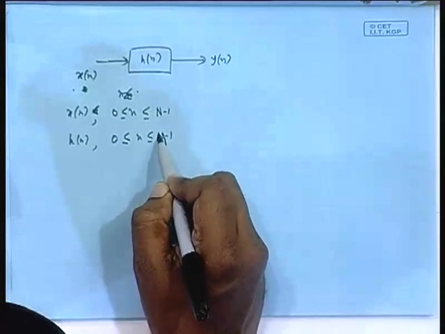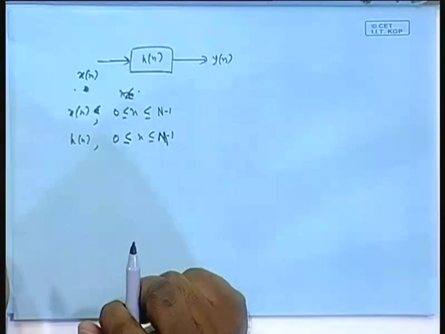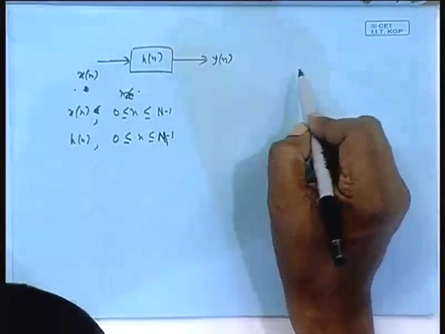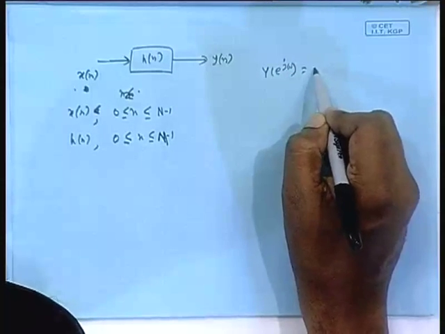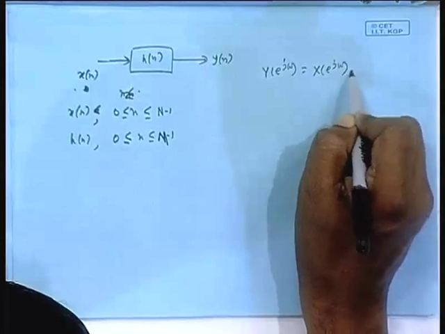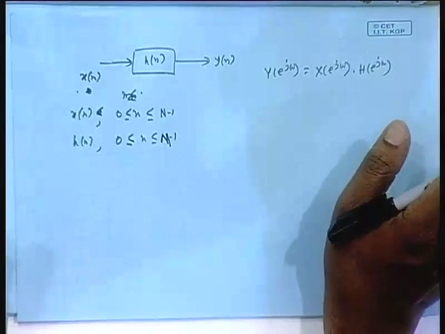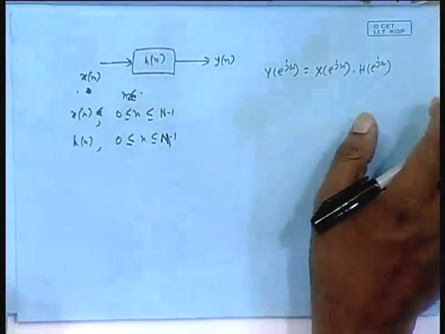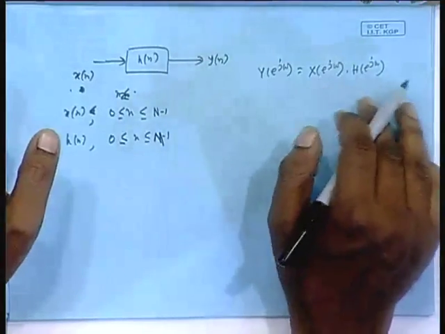Okay, for the time being I come back, we make them equal to n, that will be easier for explanation. So both are length n. Now you know one thing, Y(e^{jω}), this DTFT, please see, is X(e^{jω}) into H(e^{jω}). That I think all of you know. This much DSP was covered. So okay, this product you know, that is equal to this.